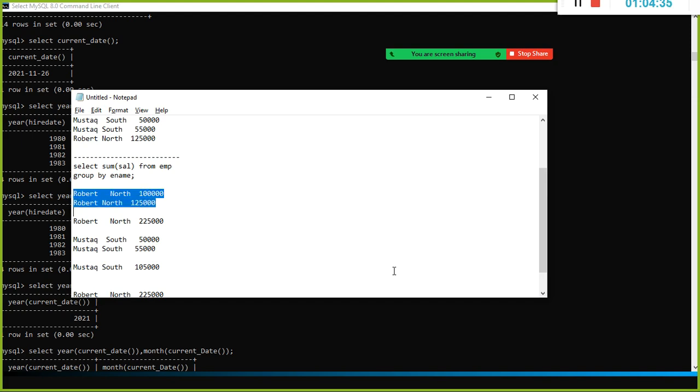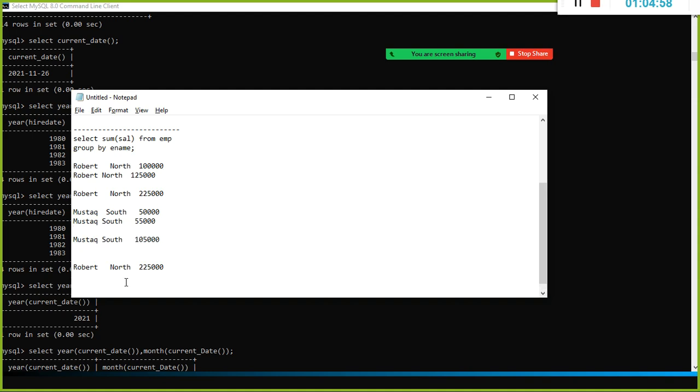First, it split the data based on the common column name, and then for each group, it grouped the name of the employee first. In this group Robert, because the names are the same. In this group the Mushtaq names are the same. And the second step is applying the sum of salary. You add these two things, and the next one is you combine the consolidated values. Finally the final output will be like this. Right? So this is the final output.